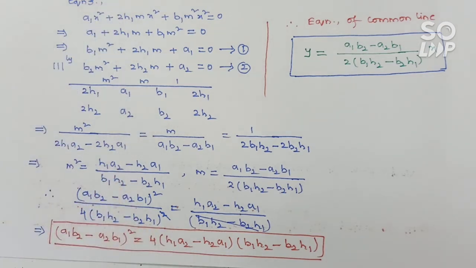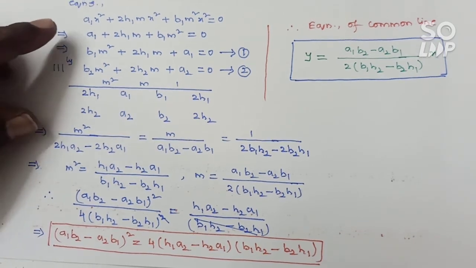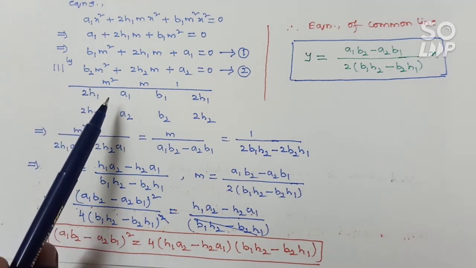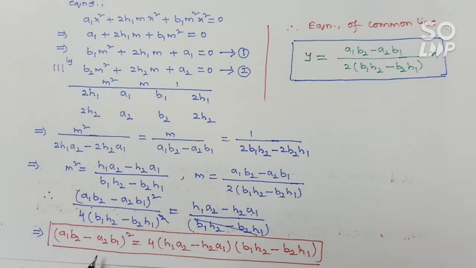You take y equals mx as the common line and substitute that value in both, and you will get two equations in terms of the variable m. By solving with the coefficient method you can get the condition. So directly from this you will get the required value, and this equation is the common line. Now you see the applications. Some problems I will solve using this formula, and some I will do directly. We will see those questions.